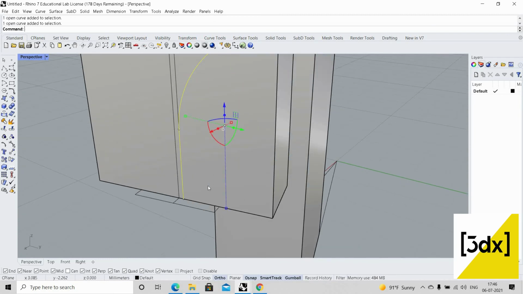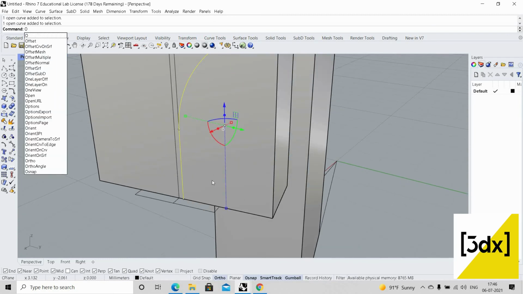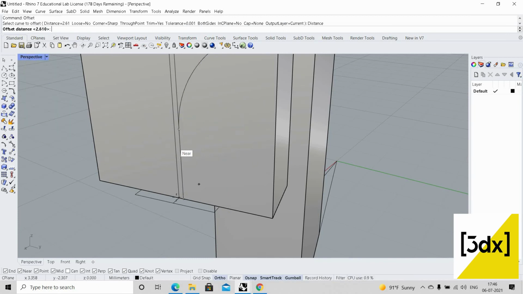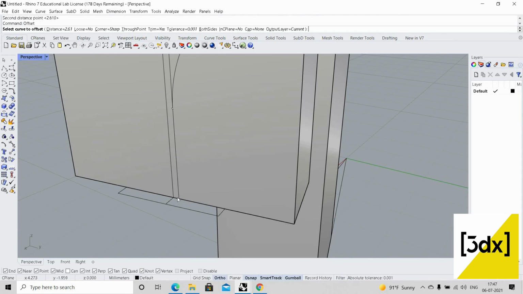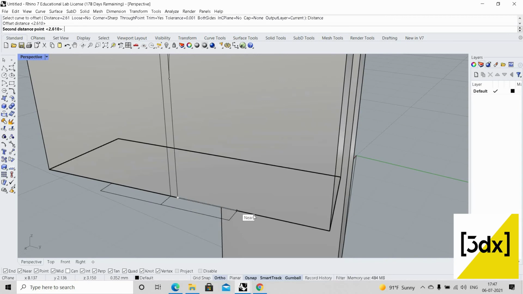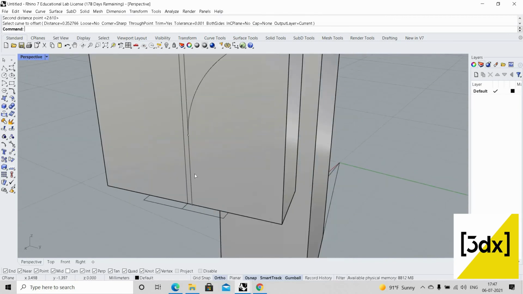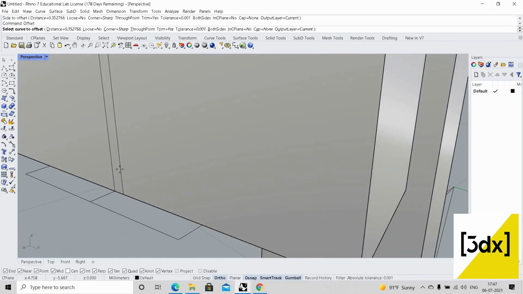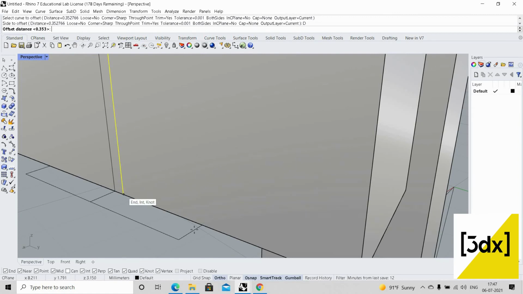So I'm going to use the offset command. Maybe our distance is like this. I'm going to use the offset command, and the distance which I'm going to place is